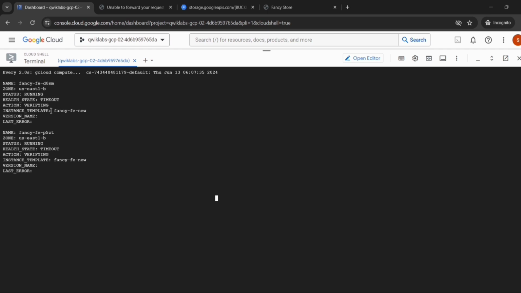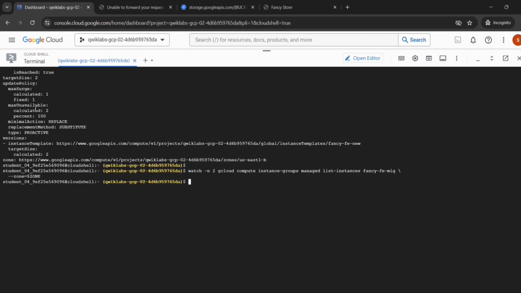If we get none in any of the instances, then we can leave this command by Control plus C, until then we have to wait. Now you can see for the first, the action is set to none. Just press Control plus C and you will exit from that.